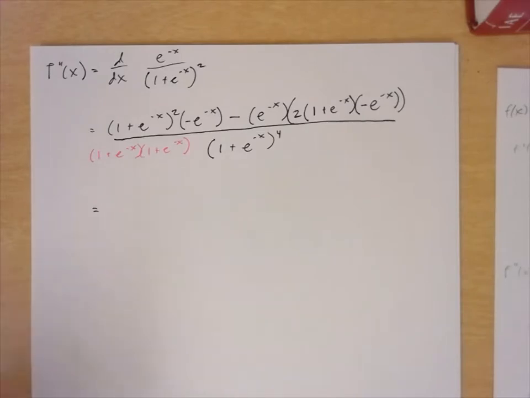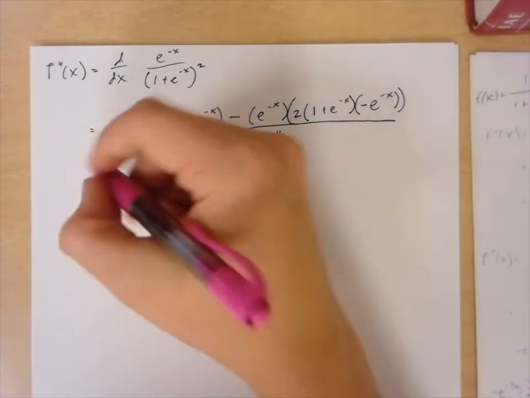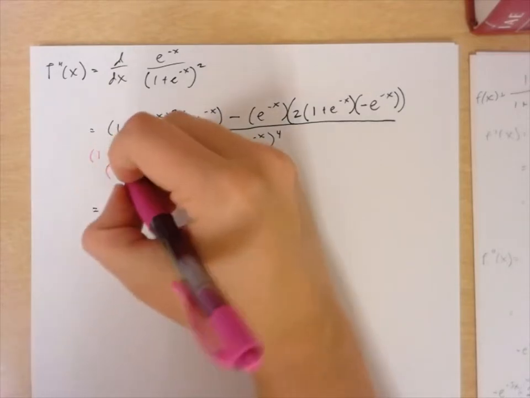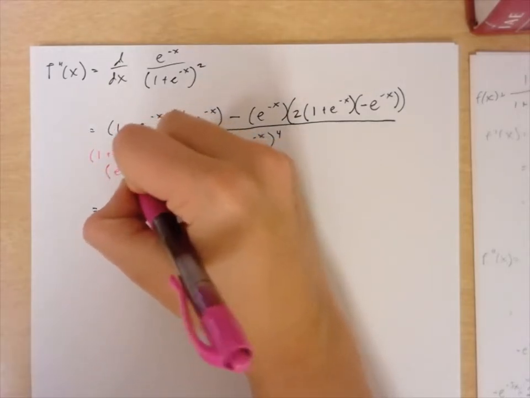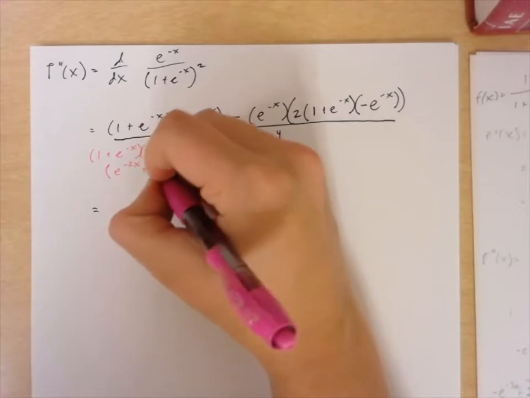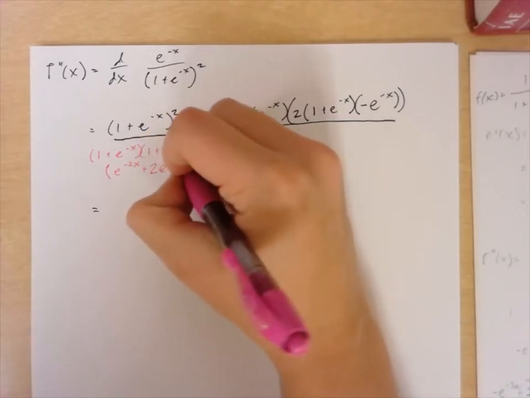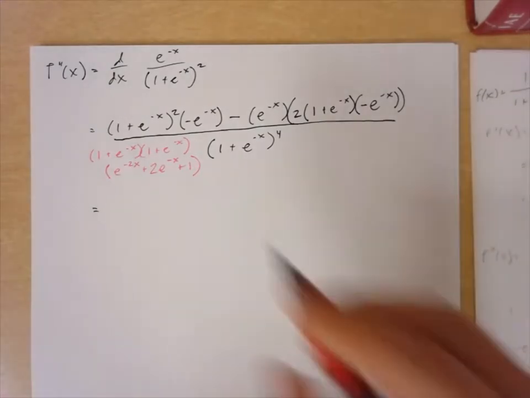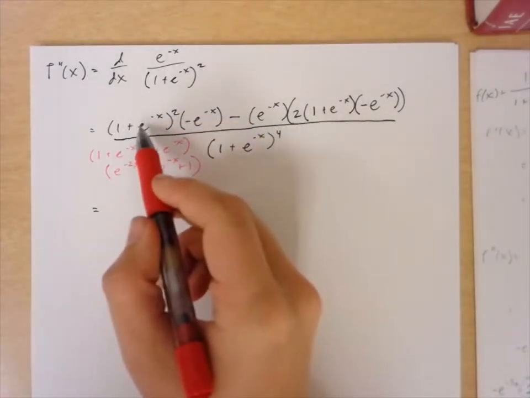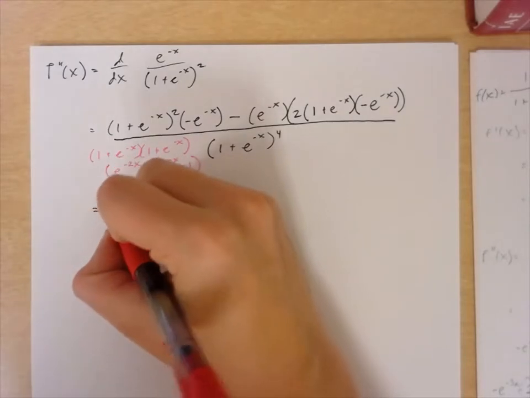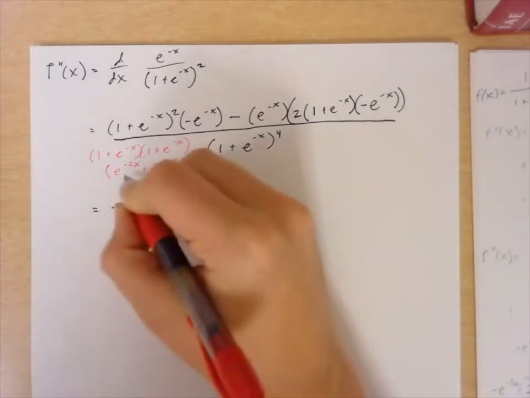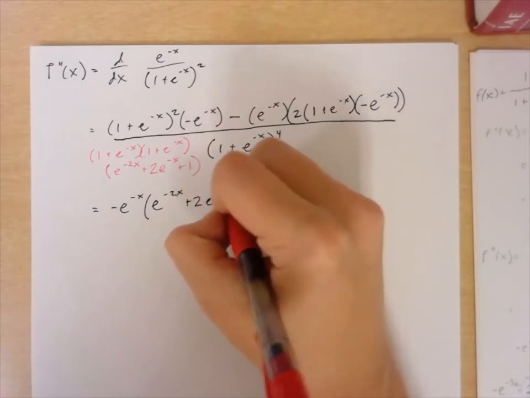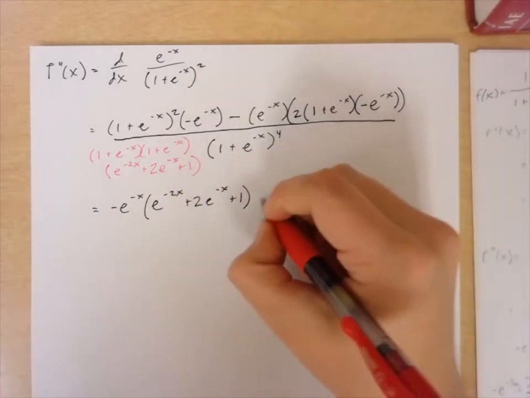And when I multiply all of that out, I end up getting the trinomial e to the negative 2x plus 2e to the negative x plus 1. And so that's this piece right here. I actually have negative e to the negative x times that whole trinomial: e to the negative 2x plus 2e to the negative x plus 1, minus,